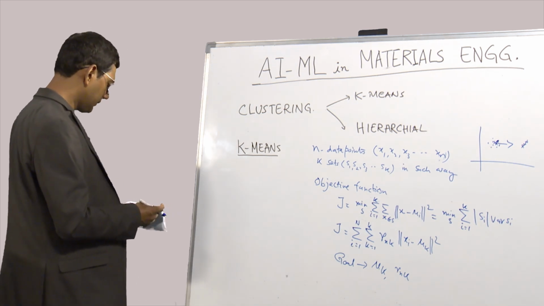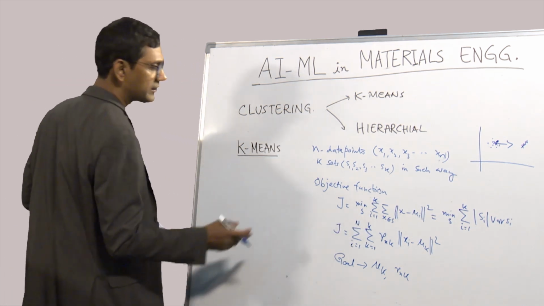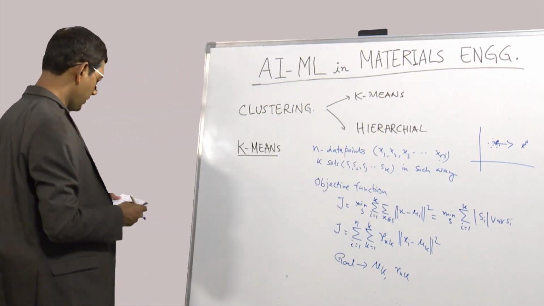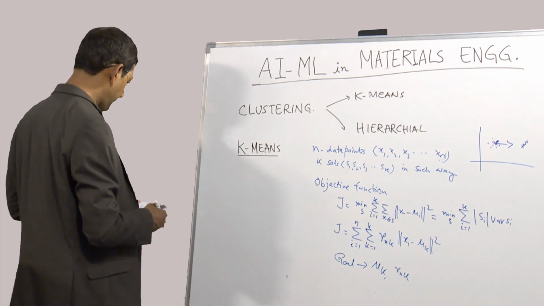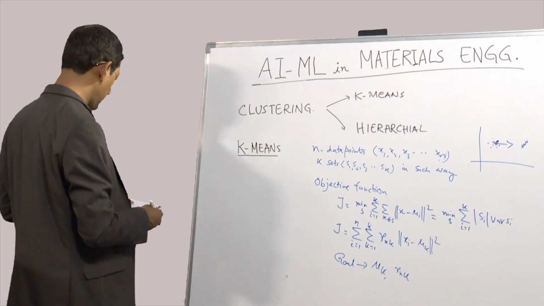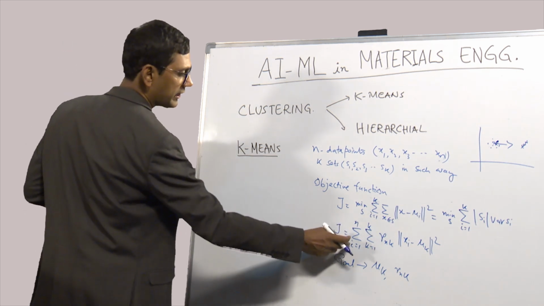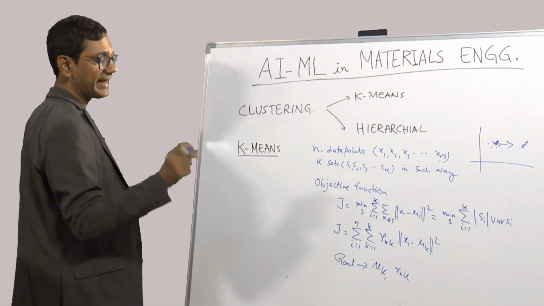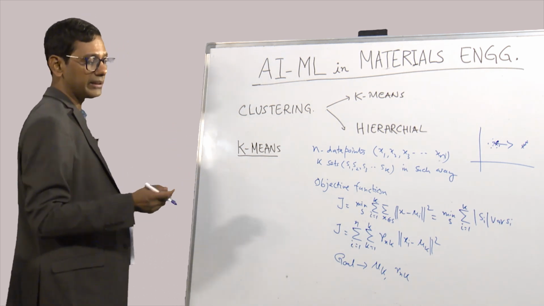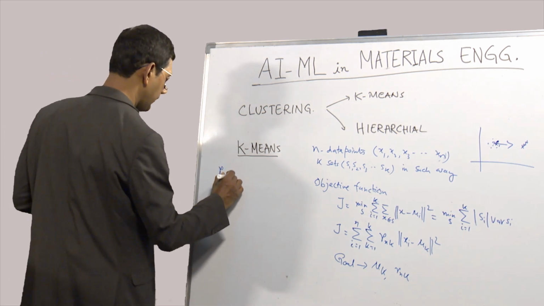The terms involving different n are independent. This should be small n because we are using x small n. Different n's are independent, they are not dependent on each other. Remember this. Why is it called independent? Because for each cluster k, these n's are not dependent on each other. So, therefore, we can write down Rn k is 1 if